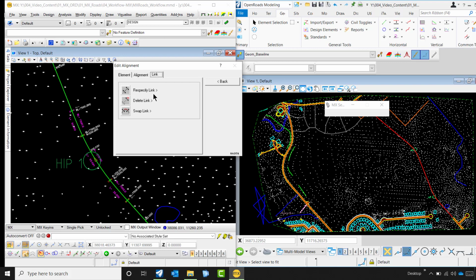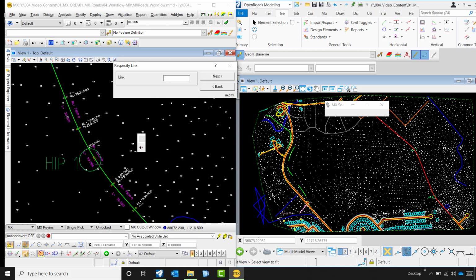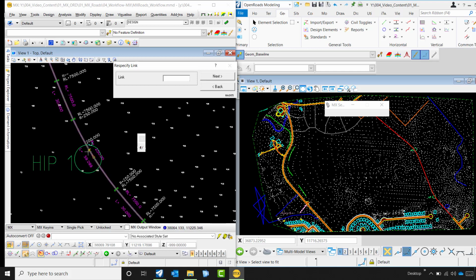Then this re-specify link, whatever link has been created between the two elements, and if you want to make any changes to the links created, you could make use of it. So let's use this re-specify link over here, as I want to make changes to my curve radius. Over here it will ask me to pick up the link.